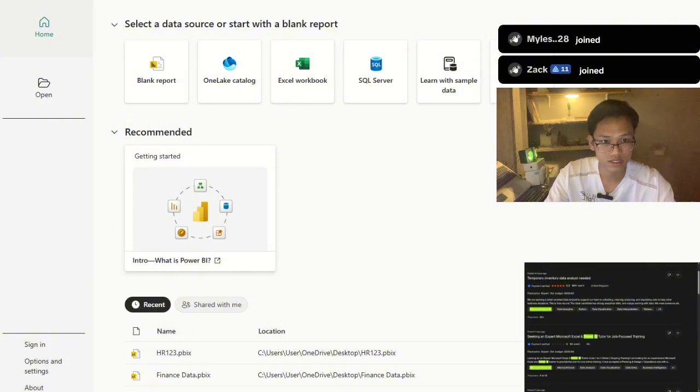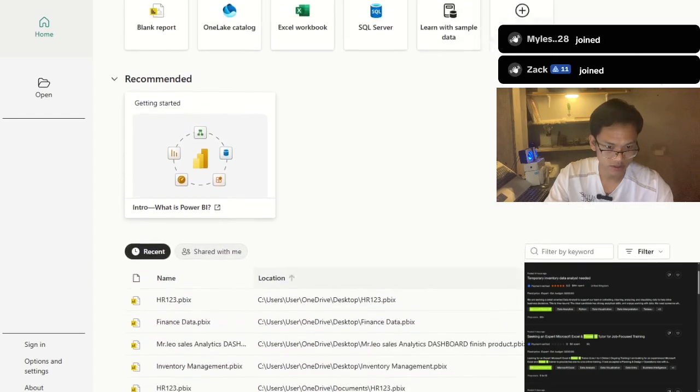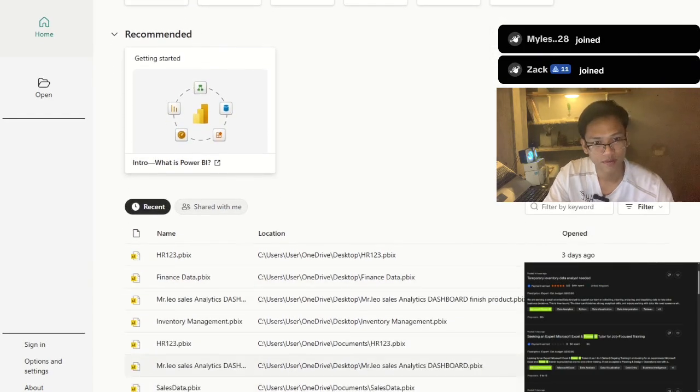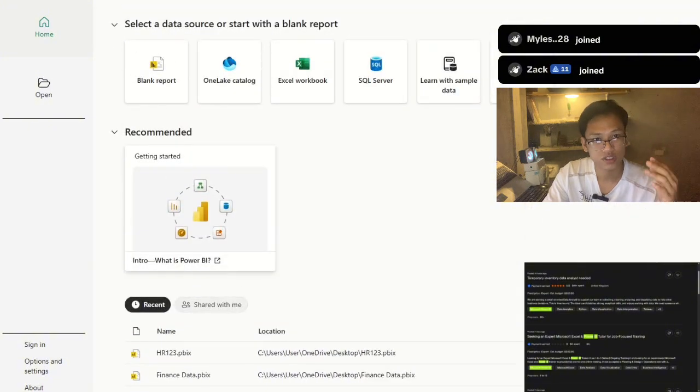Microsoft provides tutorials, learning resources, and recently opened reports here. If you're new to Power BI, these resources can help you learn. Then recent files at the bottom of the screen. Here you can find your recent files. As you can see, these are all my files. Next, the left navigation panel. On the left side, you'll notice two options: Home and Open. Home returns you to the welcome page, and Open opens an existing Power BI report, and you'll use this frequently as you work on different projects.